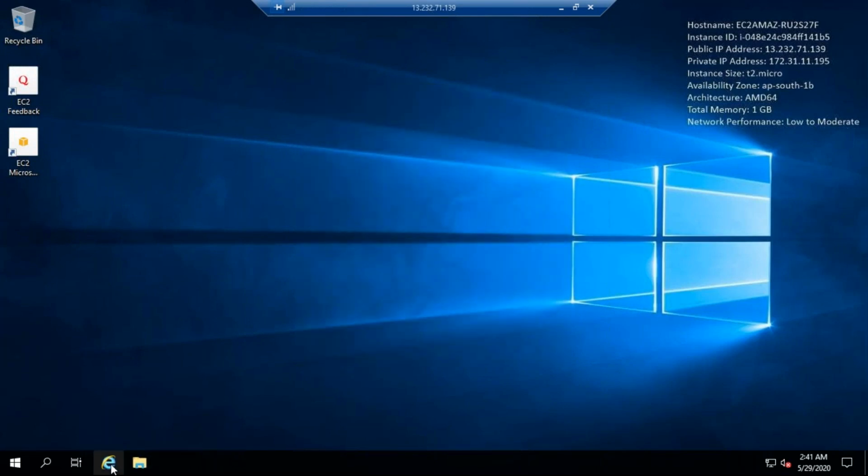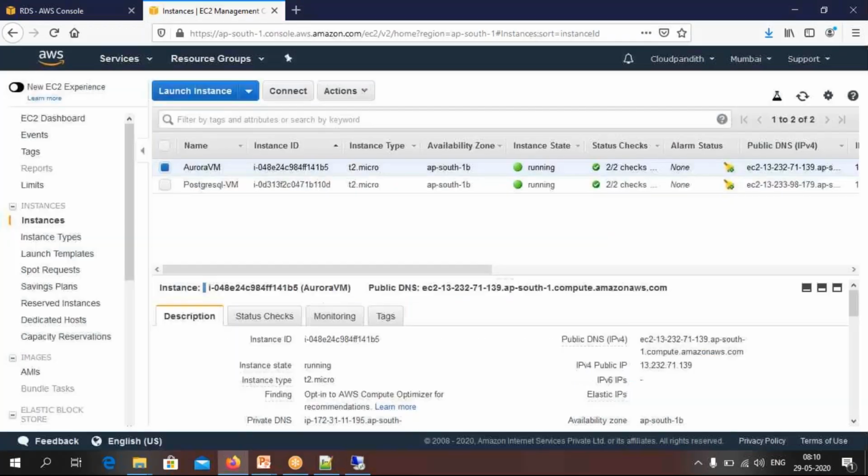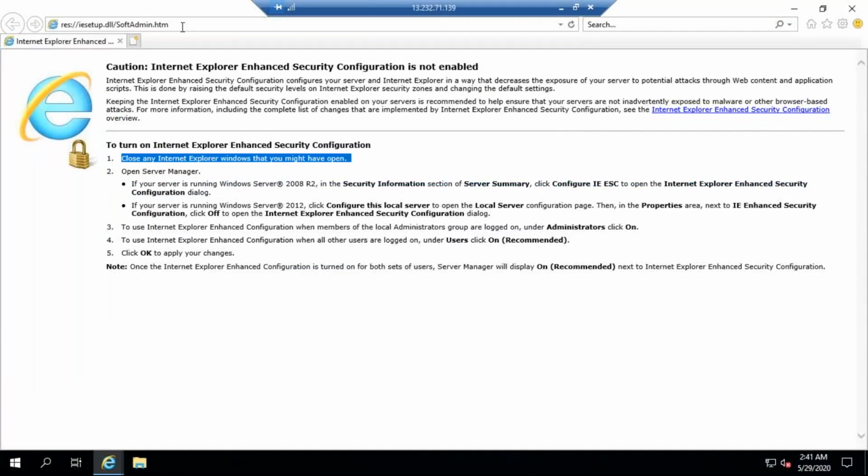Okay. Now, open your Internet Explorer. Click on this. So what we need to do, go here. First thing is we need to download the dependencies. Take this dependency, come here. Okay, so remove this and put this URL, enter.